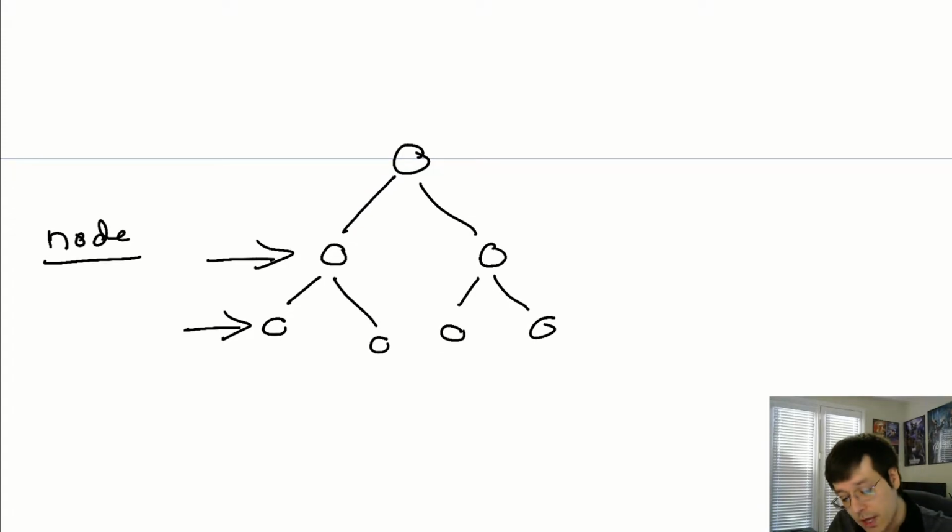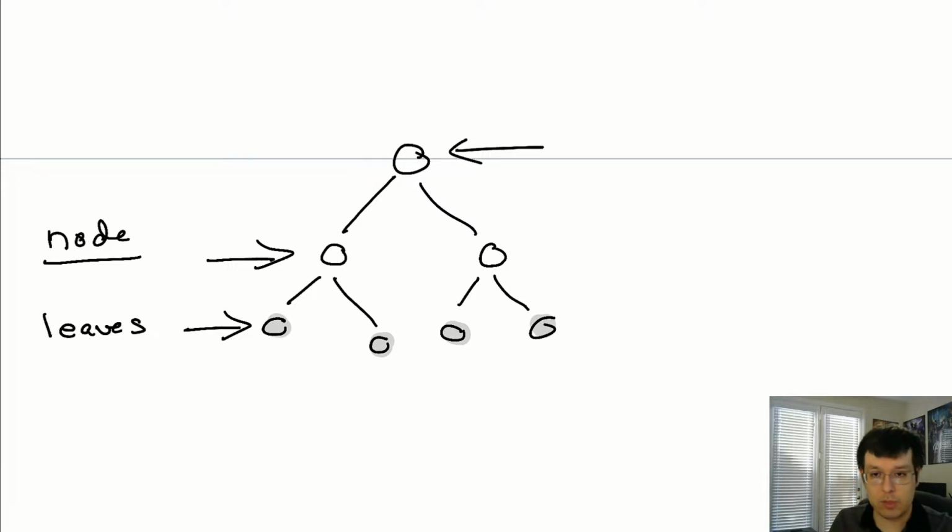There is a special name for the nodes that are at the bottom of the tree. I called them by that name earlier: leaves. Think about an actual tree. The leaves are at the end of the branch, right? So leaves are the nodes at the bottom, and there's a better definition for this that I'll give you in a second. And then finally, all the way at the top of the tree, which you can think of as what's coming from the ground, is called the root of the tree. No surprise there. These people were thinking of trees when they named this.